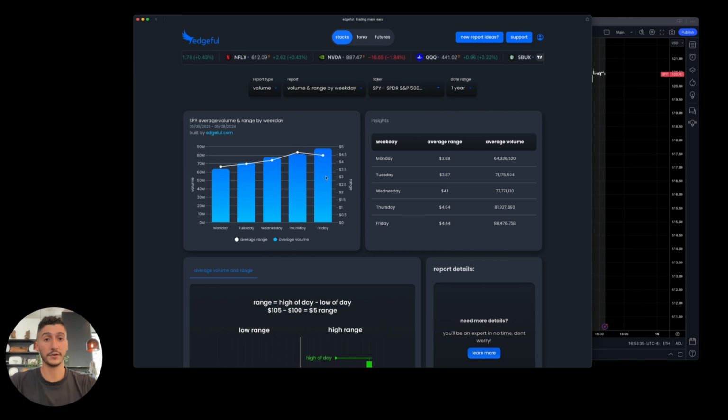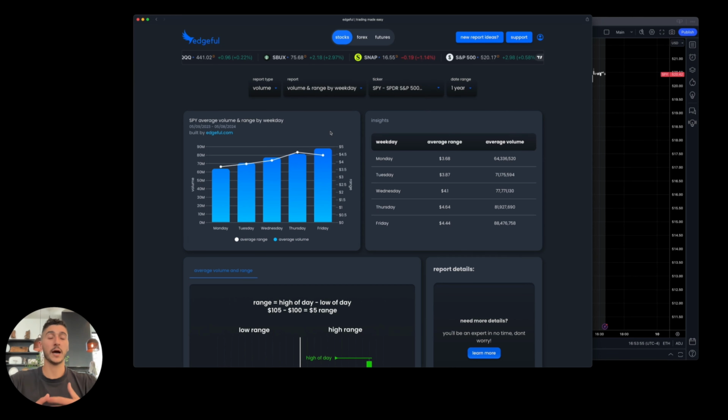whereas options selling is probably not the best later into the week, because volume and range tend to be higher, volatility tends to be higher, so the options that you sell are more likely to go in the money, which is not what you want as a seller. So as an options buyer, if you're buying calls and puts, just normally if you have a long or short bias, much better suited later in the week because the options actually will move with the momentum that